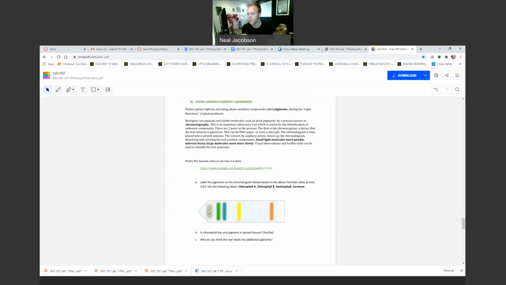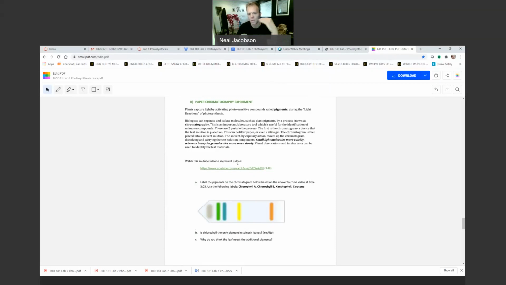extract from your leaf. It'll be kind of a liquid, probably suspended in ethanol, something that evaporates quickly. And so it'll be like this green liquid that's an extract extracted from the leaf pigments. So you take it and you're going to concentrate that solution into one spot right at the end of the chromatography paper. And then what happens is you take it and you dangle this chromatography paper into a beaker that